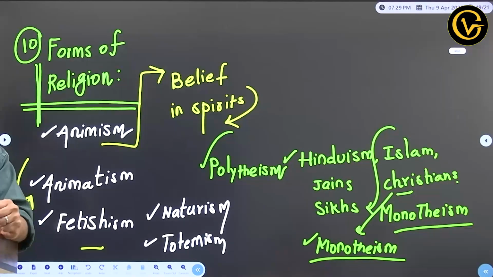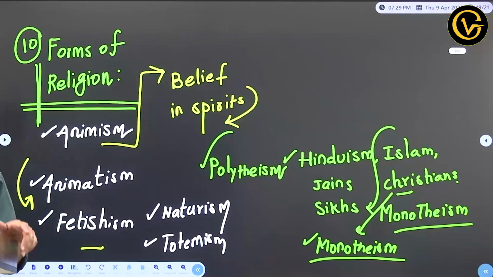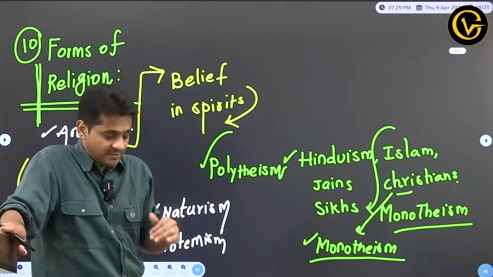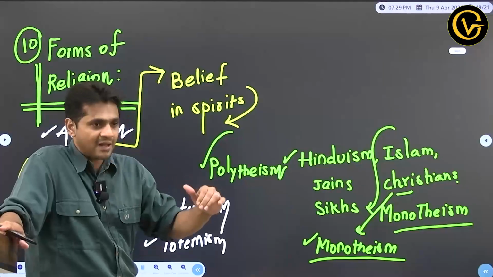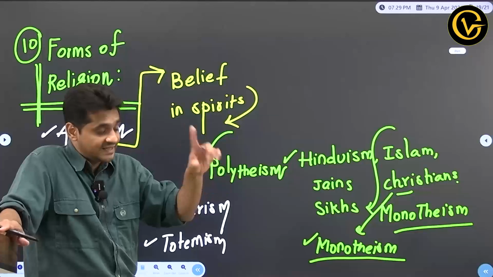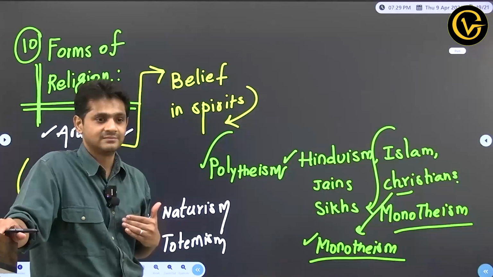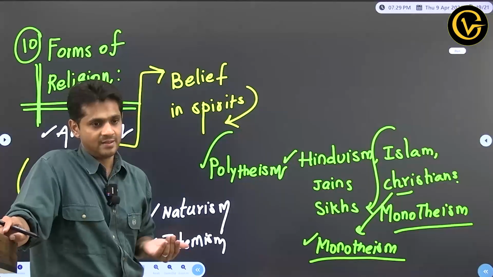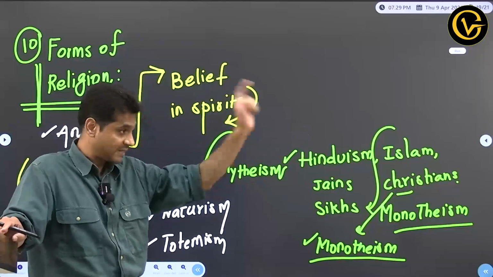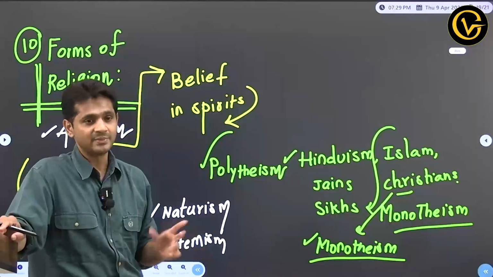Because for the Bishnoi community, this black buck is a totem. Totem, I'll explain in more detail in the class. Totem means they identify themselves with this, which means if you are killing a black buck, it's not just the black buck you are killing. It is killing the identity of the Bishnoi community. They identify themselves with the black buck. And attacking a black buck is not just attacking an animal called a black buck. Attacking a black buck means attacking the dignity or the identity of a social group called the Bishnoi community.